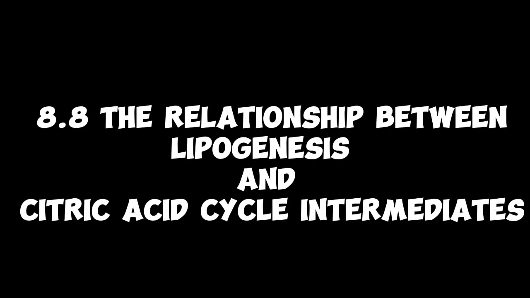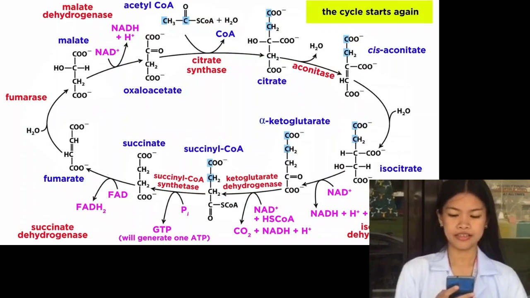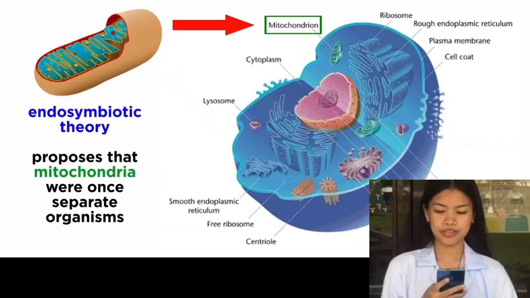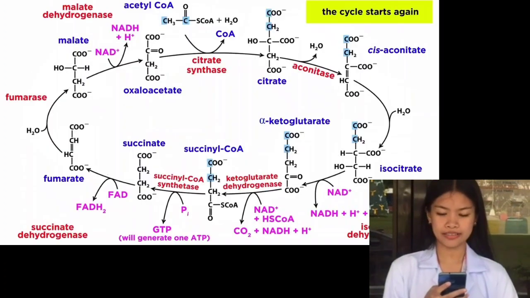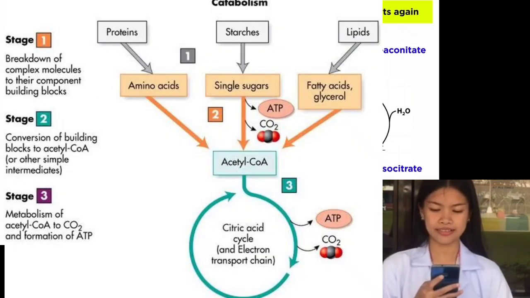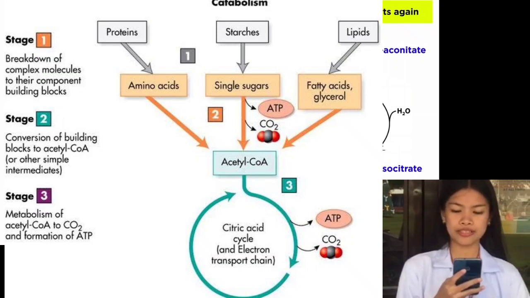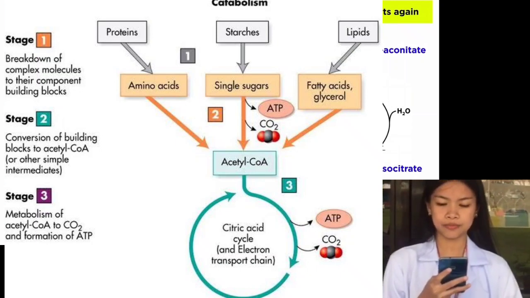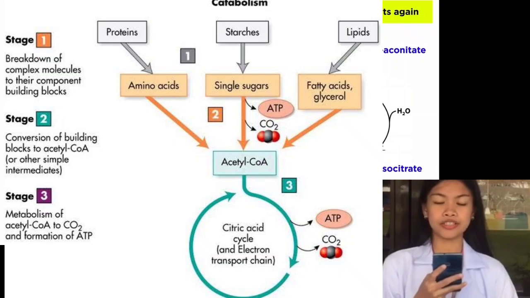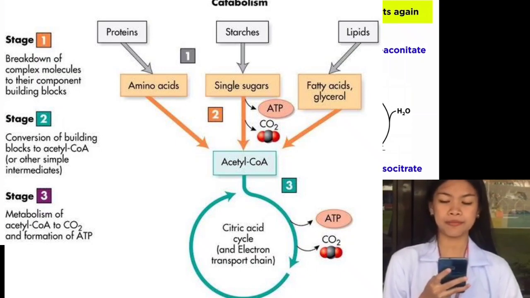Relationship between lipogenesis and citric acid cycle intermediates. The citric acid cycle, or we can simply say the Krebs cycle, serves as the mitochondrial hub for the final steps in carbon skeleton oxidative catabolism for carbohydrates, amino acids, and fatty acids. Each oxidative step, in turn, produces a coenzyme such as nicotinamide adenine dinucleotide or flavin adenine dinucleotide. These reduced coenzymes contribute directly to the electron transport chain and thus to the majority of ATP production in the